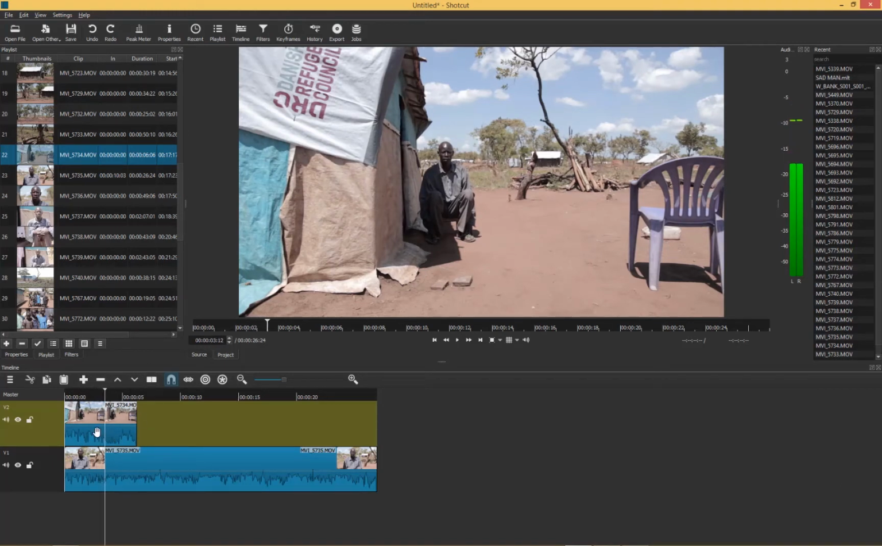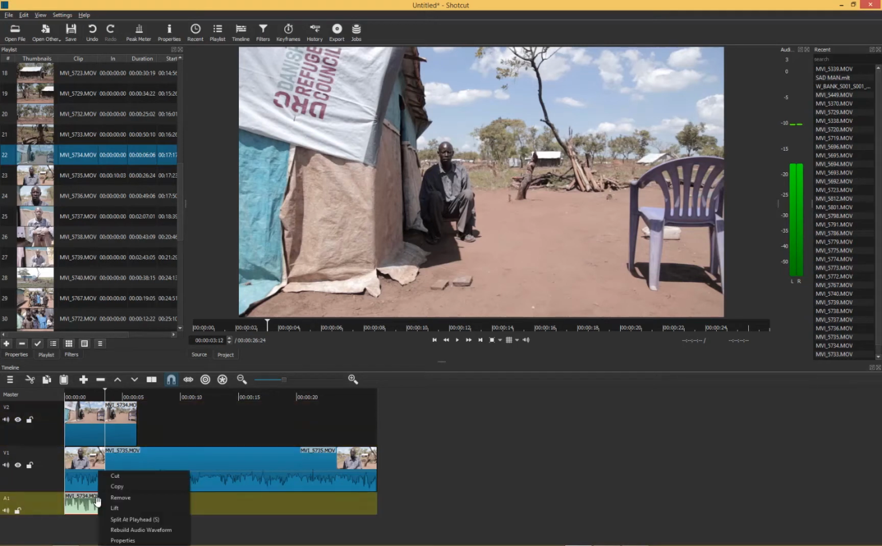So to remove that audio, you just have to right click on this thing, and then you say detach audio, and then put the audio down here. If you don't need the audio, just right click on it and then remove it. Simple as that. And then when you play your clip,